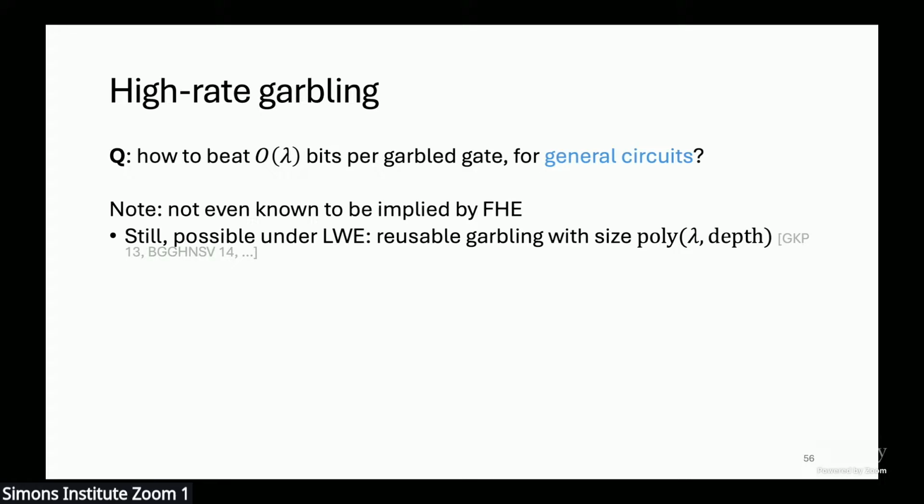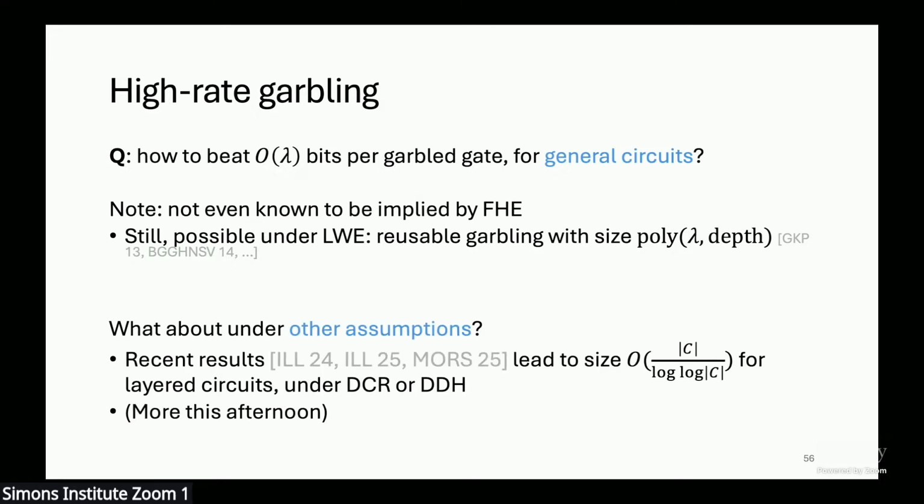There are these really nice works by a number of authors who I think I haven't quite got right on the slide, but some of them are in this room, which get reusable garbling and other cool applications from learning with errors using, I believe, FHE together with some more advanced attribute-based encryption type techniques. So you can get reusable and somewhat succinct garbled circuits where the size only scales with the depth of the circuit. So you might ask, okay, what can you do without relying on LWE, without relying on this kind of heavy hammer of fully homomorphic encryption? And there are some very recent results